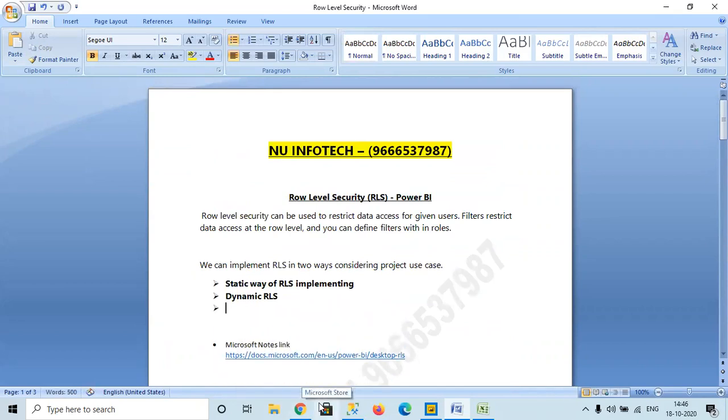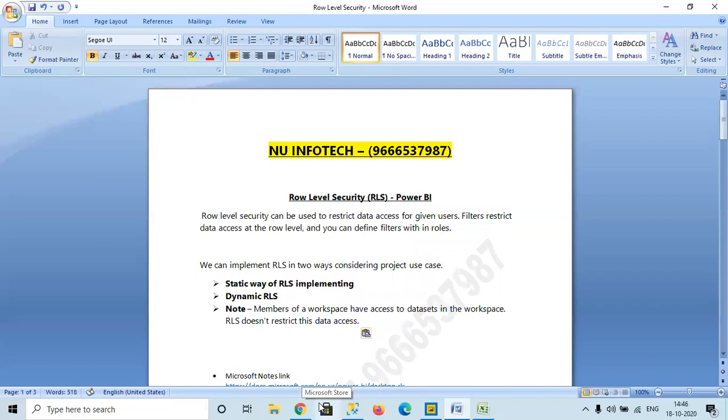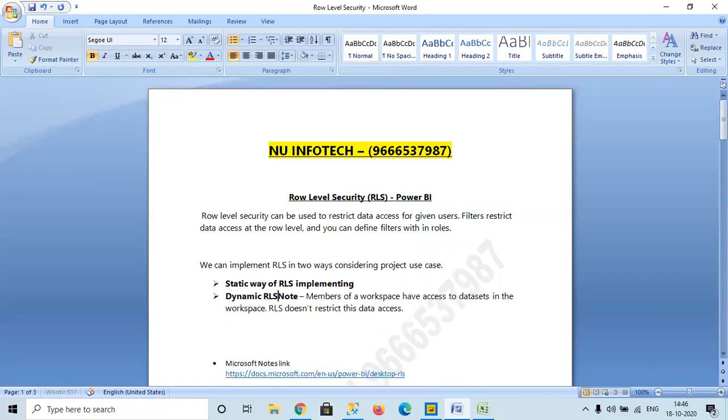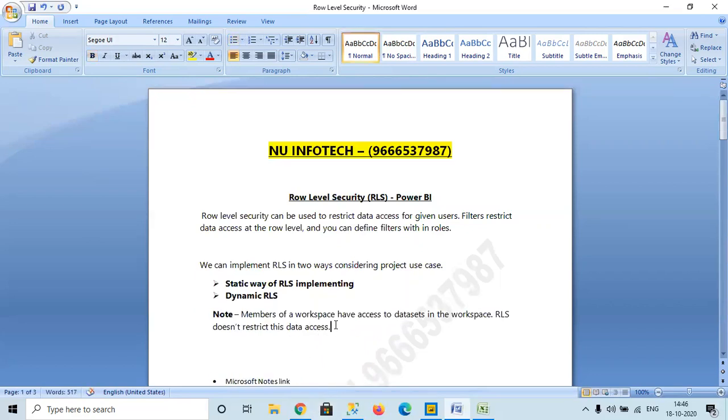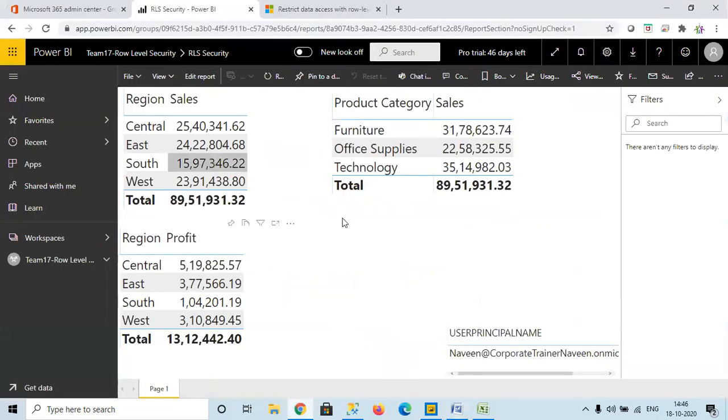It is like I'm the project owner. I want to see everything, the data. So which means I do not have that kind of row level security things which will be applicable for me, right? It is already done. So you could see everything, the data. I don't see any issues in my data to view the access, right?